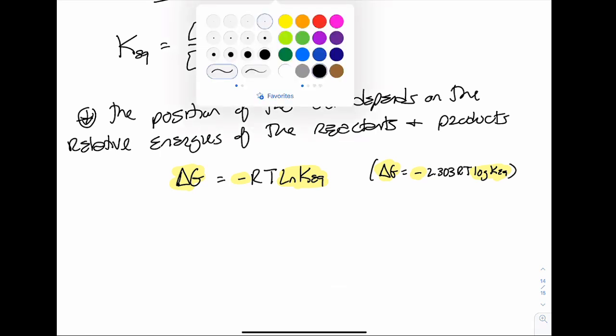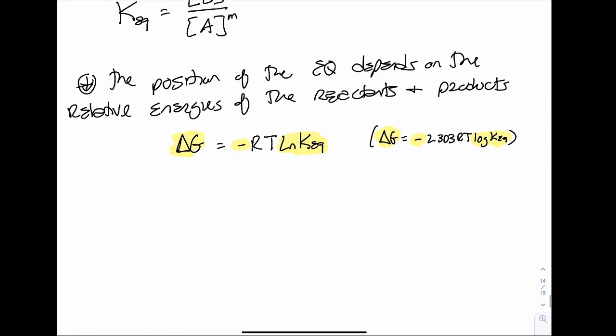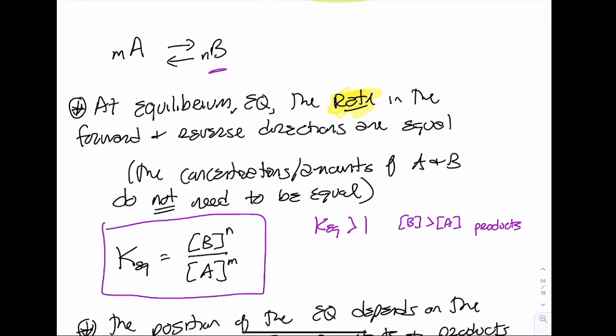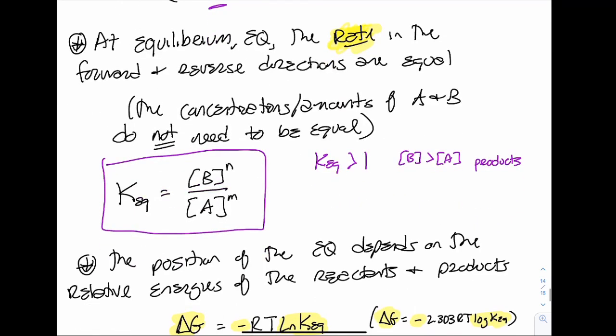So what this means for us is that if my equilibrium constant is greater than 1, I'm going to go back up and look at this, right? If my equilibrium constant is greater than 1, that means my concentration of B is greater than my concentration of A, right? Because when I divide them, I'm getting a number that's larger than 1. So my number on top has to be bigger than my number on the bottom. So that means my products are favored, right? Sorry, having to scroll back up. B is my product. So if I have more B than A, products are favored